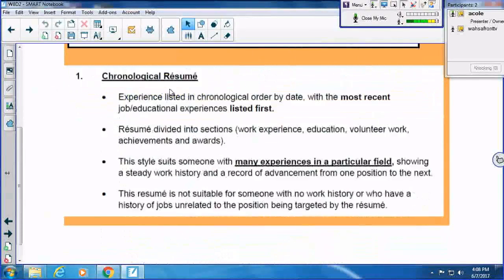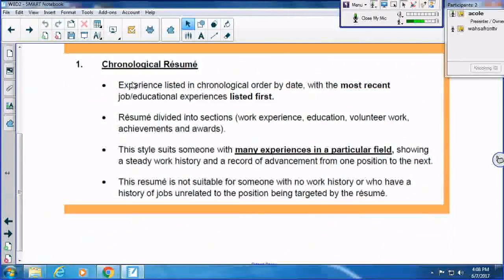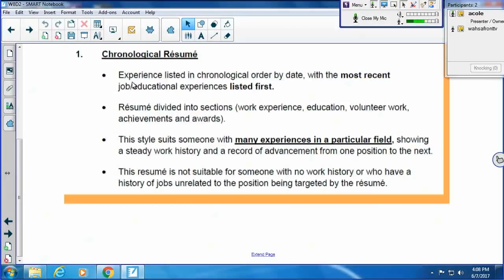All right, so I already read about the chronological resume. That's where you have your most recent job experiences listed first, and it's suitable for someone with many experiences in a particular field. So for anyone that cannot see the screen that I'm looking at, you can use the bold, darker text to help you find the answers that you need to fill in the chart. So the words most recent are in bold here, and the words listed first are here.